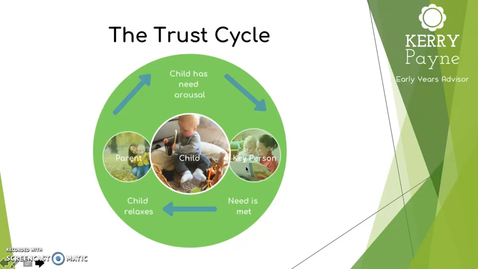So when this trust cycle is happening, what occurs for the child is that they go, I have a need, but nobody meets it, or they don't meet it in a set time frame. So imagine being hungry and waiting for a very long period of time. What then happens for the child is they build up a lot of stress, and exposure to prolonged stress for young children leads to toxic stress, which can be really difficult for them to manage in the long term. And so that trust cycle is broken.